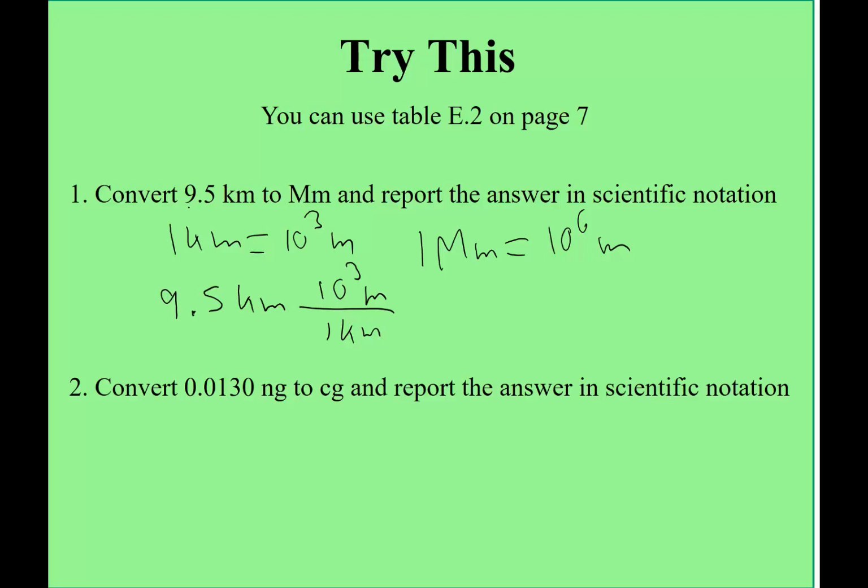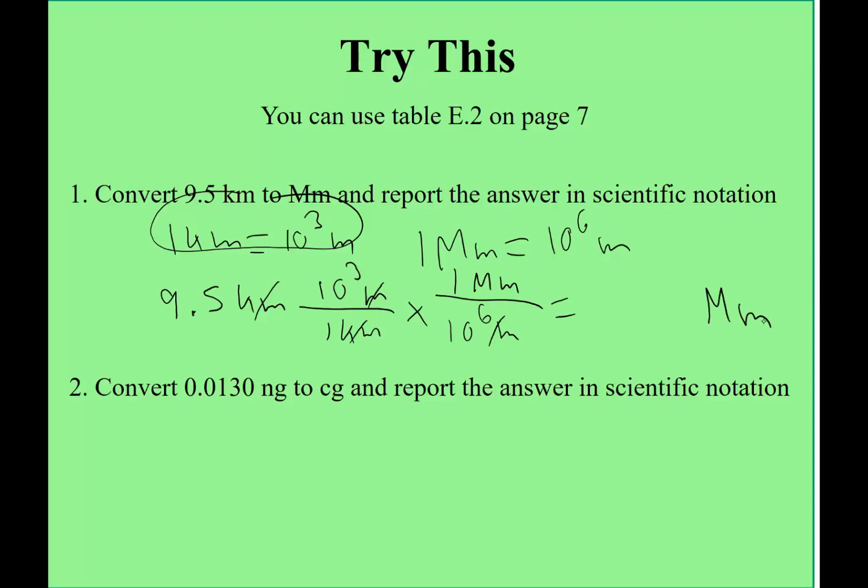I'm just using this conversion factor and putting it together where I'm dividing by the unit I have. Now do this again. Now I have to divide by meters, so I put 10 to the 6 meters on the bottom and 1 megameter on top. km cancels, meters and meters cancel, and my answer is in